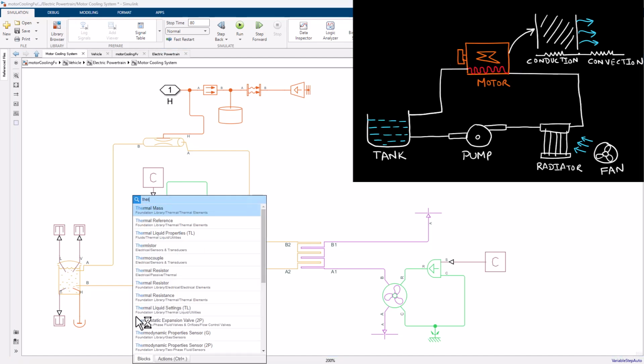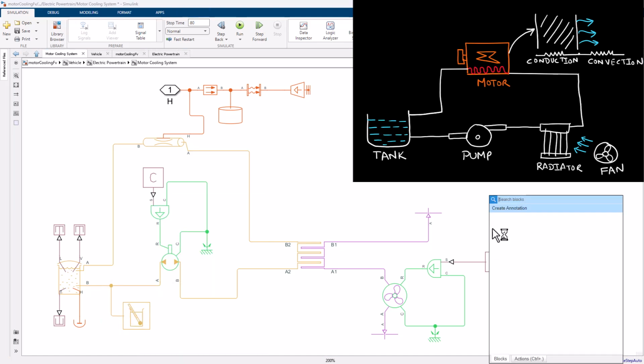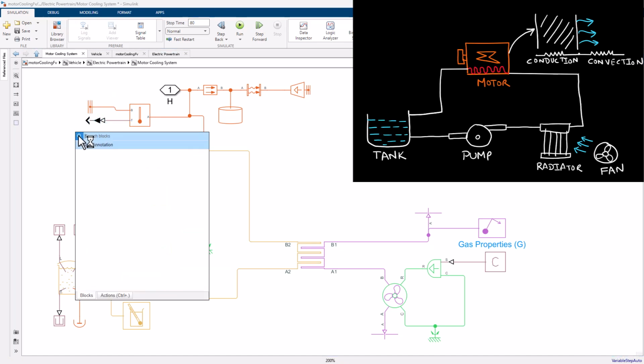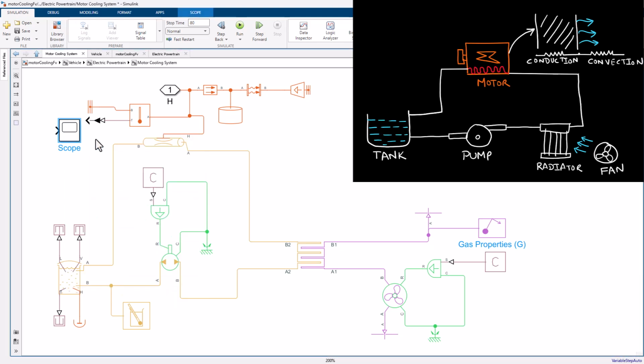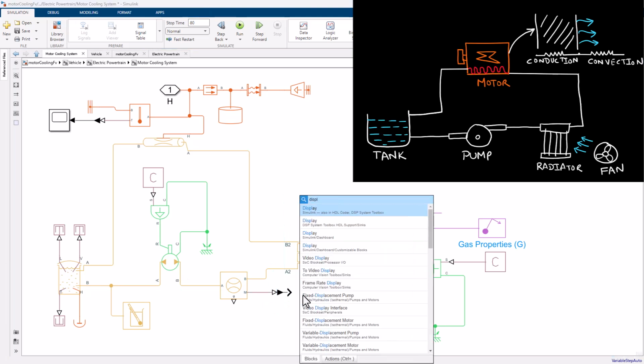Now, before we finalize the model, we'll define the fluid properties to define the thermal liquid properties and similarly the gas property. This can be easily done using the fluid properties blocks. Then, we add a temperature sensor to measure the temperature of the motor and a flow rate sensor to measure the flow rate. Please note that while building the model, we have simplified the video by avoiding a detailed explanation of each variable required in these blocks. However, if you are interested, you can visit the GitHub link to download the model, or if you have a data sheet for your components, you can use that as a reference to define the variables.